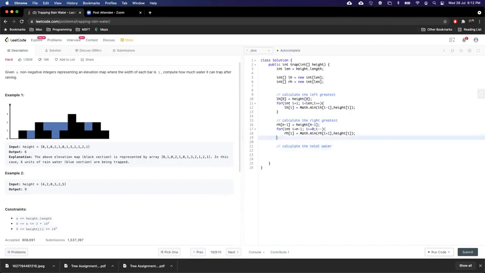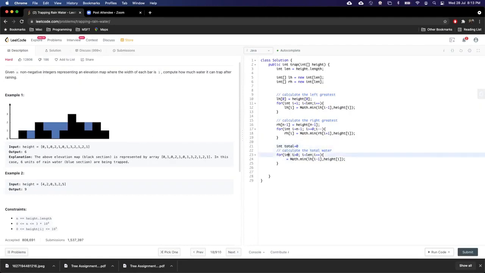To calculate the total water, simply loop through each and every element from 0. Then I can have a variable called total equals 0.